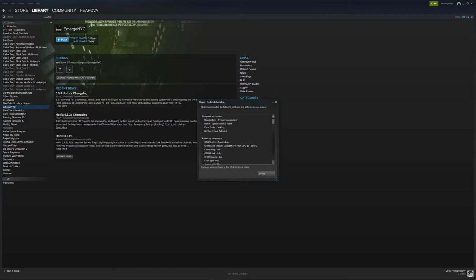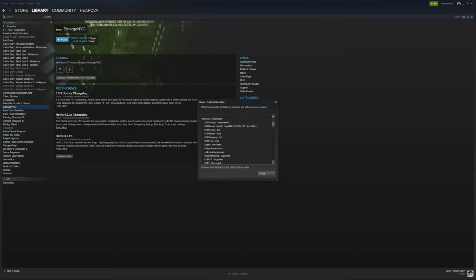I have an Intel i7-6700 CPU. These other things that are in here, you're like, well, what does all that mean? Well, it wasn't probably such a big deal until Emerge NYC published in their minimum specs that you should have a minimum of 4 cores in your CPU. Well, it's been a while since I've had a game with only 4 cores, but some people don't. And some laptops don't have 4-core CPUs. And this game requires them for the sheer volume of stuff that's in the game.